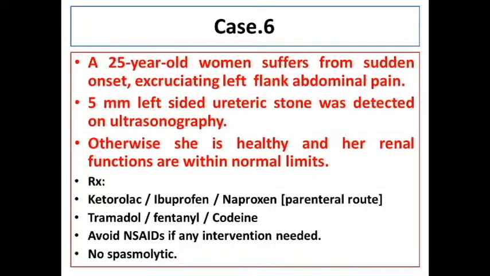We do not want to use any spasmolytic drugs, especially anticholinergic drugs. They are not supposed to be used. People have the wrong notion that you need to use them to reduce pain, especially which occurs with renal stones or ureteric stones. We need to opt between an NSAID, a potent one, parenterally given, or an opioid analgesic. The only point to note here is probably the oral route is not a good route to use, because it's an emergency situation. It's very severe pain, and the absorption might not be good, and the drug might require some time to give its action. So intramuscular or intravenous is the preferred route in this condition.